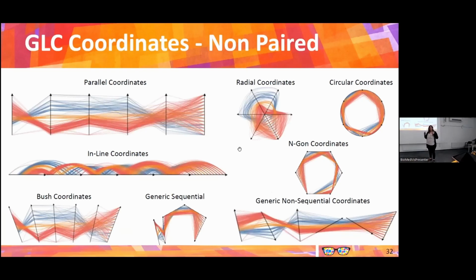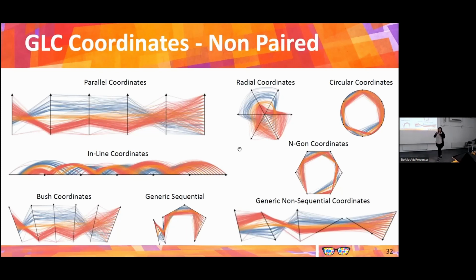The author presented these coordinates with this idea: you can arrange axes. If you have parallel coordinates, we know about them. We have radial coordinates, but we can have different arrangements of the axes. With different arrangements of the axes, you get different representations, and these different representations can tell you different information about your data. It's quite interesting because for the same data set, you have all these different representations. Some of them are easier to understand. Some of them can get quite complex.